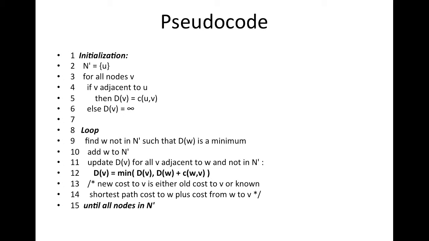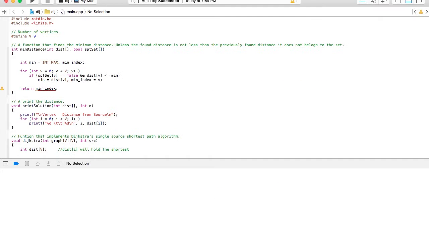Here is the pseudocode for Dijkstra's algorithm. This is a C++ program that implements the example described in the report. We define 9 vertices, a function that finds the minimum distance, a function that prints the distance, a function that implements Dijkstra's algorithm,